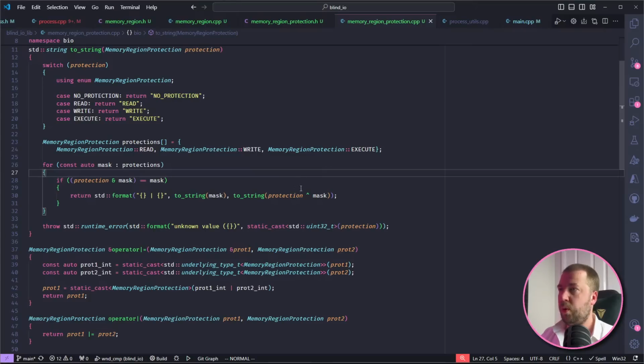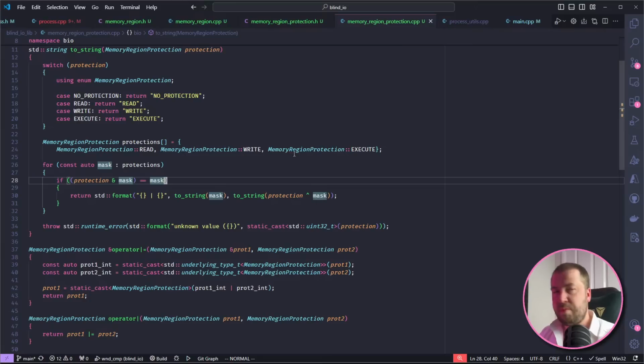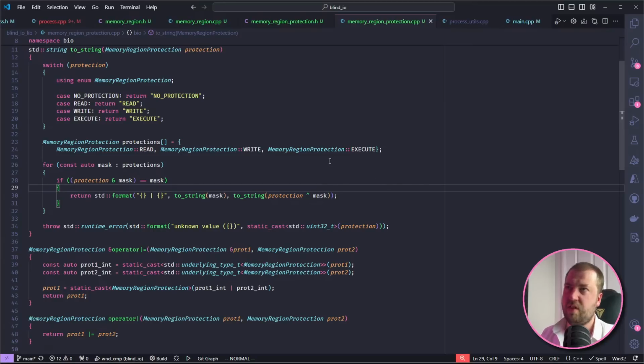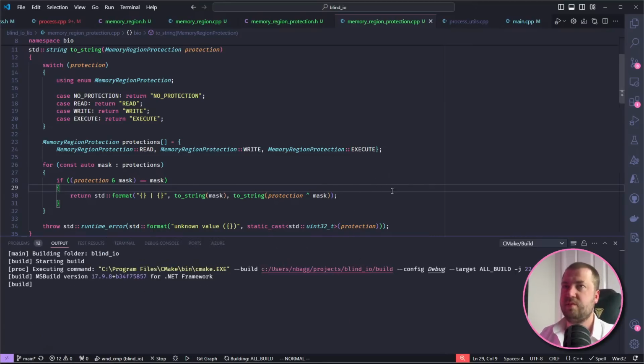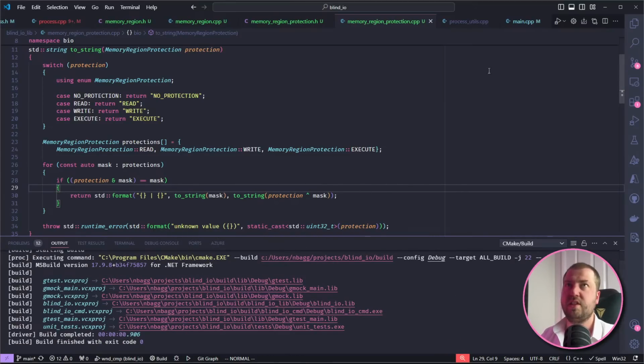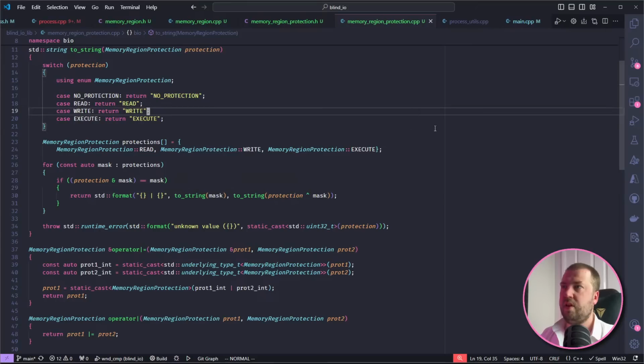Do I think that my code will always run in a C++ exception safe context? Yes, because for me, I'm going to build it out as a command line toolkit and a library that I incorporate into the work that I do, so I know that's always going to be exception safe. I can't speak for other people, but maybe if you're embedded, but if you're doing embedded, none of this is going to work anyway, because this is all to do specifically with interacting with Win32 and eventually Linux, so I'm pretty okay with using exceptions. I think it's the right choice in this case.